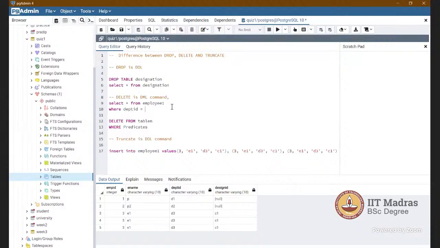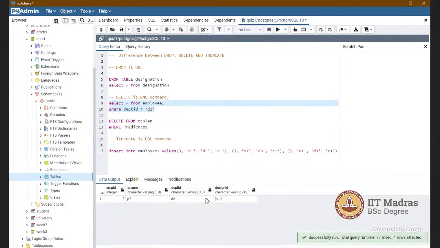DPID equal to D2, right? I have to delete, right?